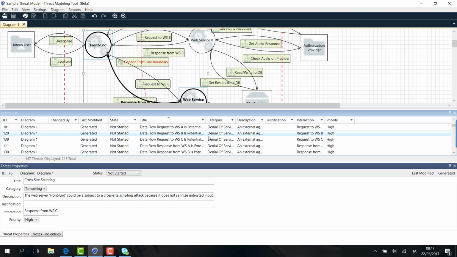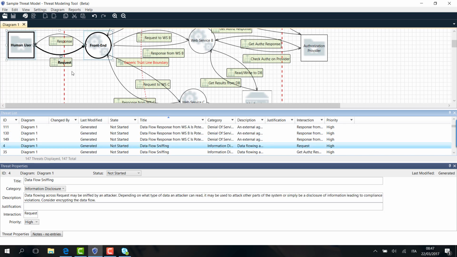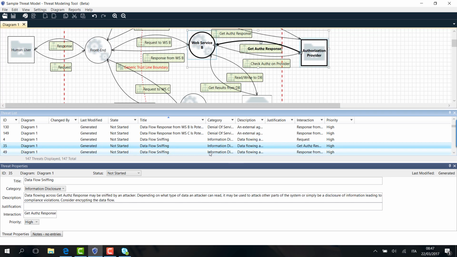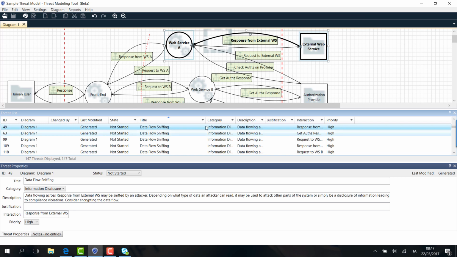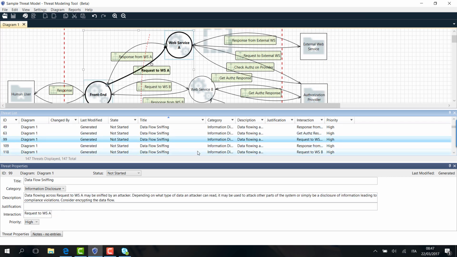We could do the same analysis in other cases. Data flow sniffing, for example, between the human user and the front end, and also internally toward the external authorization provider or the web service, and so on. Now, more often than not,